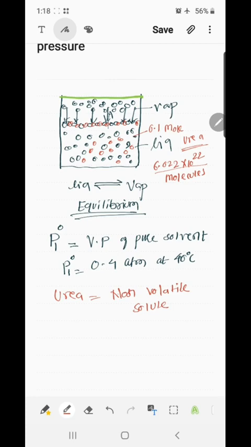Since the molecules of urea on the surface are not going to form any vapor, the surface area available for formation of vapor is now decreased. The surface which was initially occupied only by solvent molecules, 100% solvent molecules, when we take pure solvent, has now decreased after addition of non-volatile solute, because there are now fewer solvent molecules on the surface, as some surface is taken by the molecules of the non-volatile solute. In this case it is urea, right?